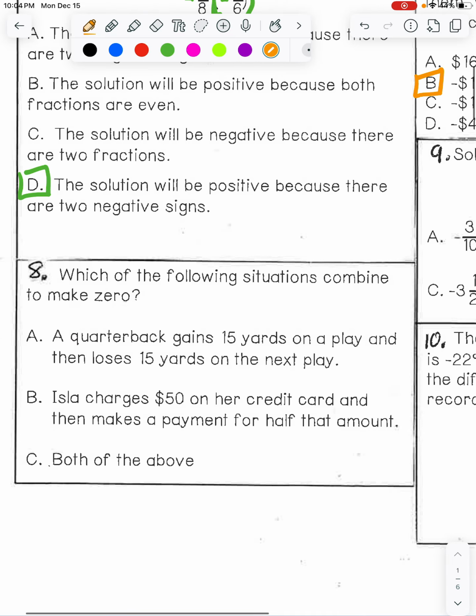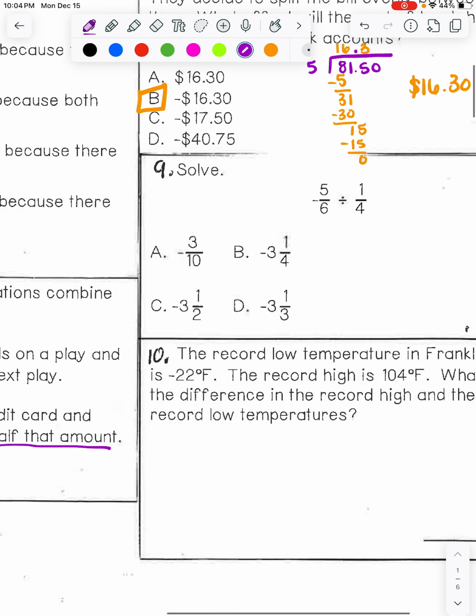Number 8, which of the following situations combine to make 0? Remember, in order to do that, they have to be the same value but opposites. The correct answer to 8 is A. If you gain 15 yards and lose 15 yards, you're back at that original line of scrimmage, so definitely A on that one. The reason B is not is simply because she only paid back half that amount. Number 9,